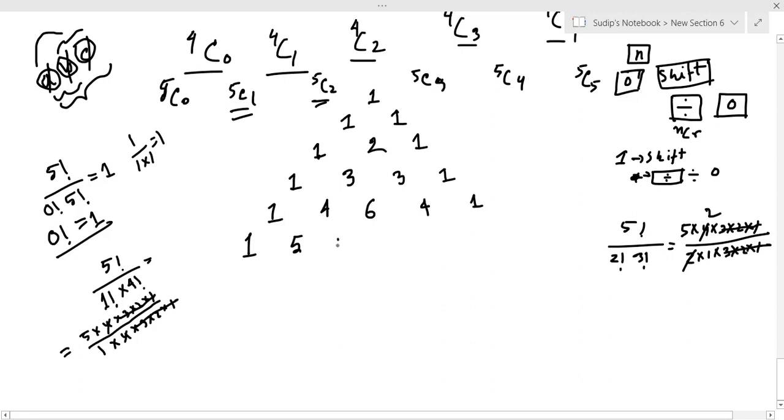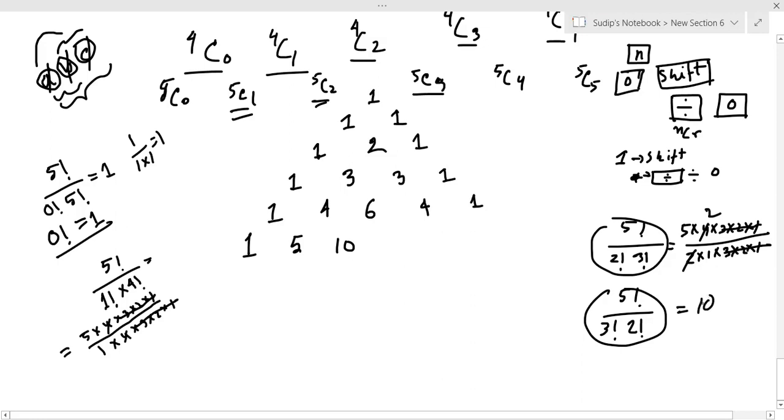If you take 5C3, then you will get 5 factorial divided by 3 factorial, and 5 minus 3 equal to 2 factorial, which is the same thing, so we can say it is also equal to 10. So 10. Then, if you are given 5 options, you have to take 5C4,